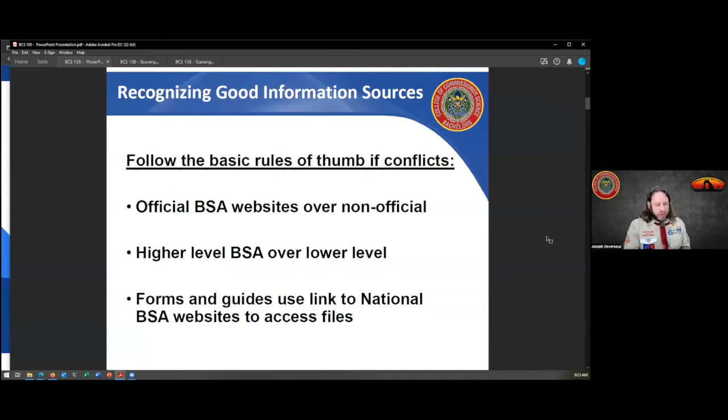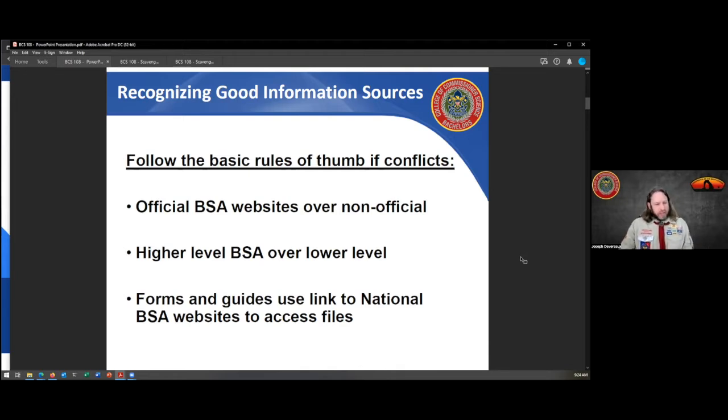So there's a question here in my notes that says, what do you do if a council website has the information, but it conflicts with what's on the national page? Again, national is the parent organization that we support. They should have the most current information, and if it's contradictory to that, then somebody local, like the Scout executive, has to correct that information, or give the okay to use something alternative. So please, again, use the national webpage, do what's there.